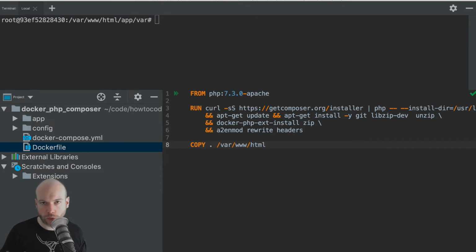I haven't talked about what a multi-stage build is. I will definitely do so in a future video, so don't worry about that. But these multi-stage builds allow us to create different stages or different states of the Docker image. And those get deployed to various servers.